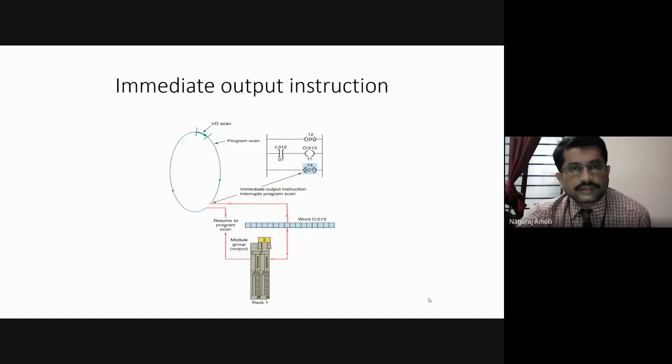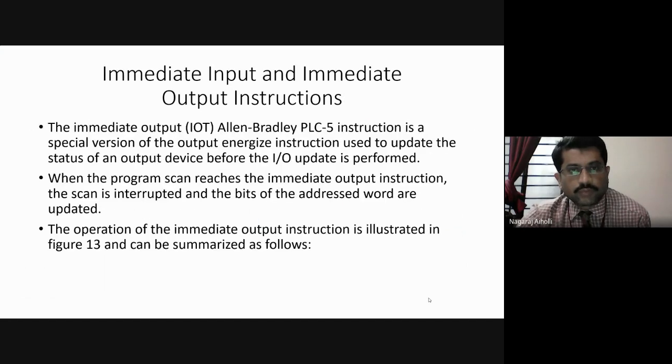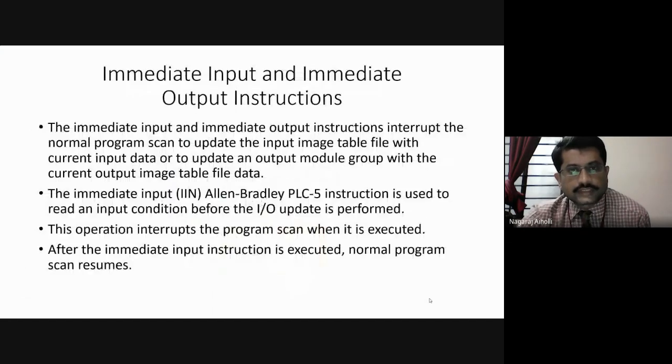I had begun with the topic on immediate input and immediate output instructions. In the last class, we discussed what the immediate input and immediate output instructions are. An immediate input instruction is the one which updates the input image table file at that particular instant of time.